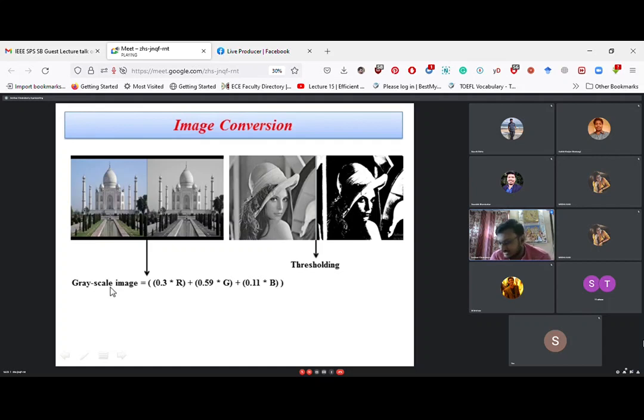I have also utilized this formula in my PhD work when I wanted to convert a color image to a grayscale image. But why did I utilize this formula? Because in MATLAB, and also in Python, there are dedicated functions. In MATLAB, the function is rgb2gray, means red, green, blue to gray. If we write rgb2gray, and within brackets the RGB image path, then it will result in a gray image. It will be converted by this function. Similar kinds of functions are also available for Python.